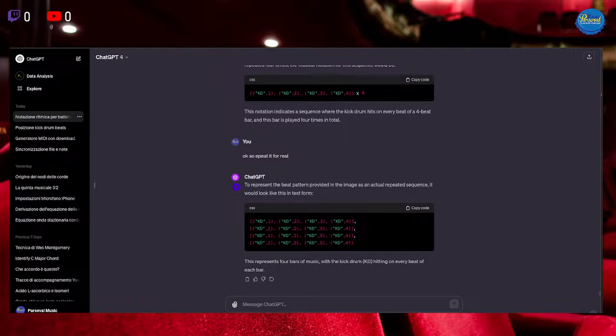Why am I so interested in doing this kind of job? Because if you want to make a very complete, complex beat, you can say, once all is set up, okay, write 8 bars of this pattern, then 4 bars of this pattern, then 2 bars of this pattern, simply writing on a piece of paper.